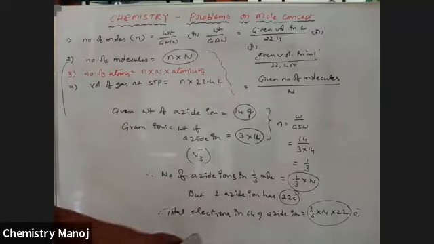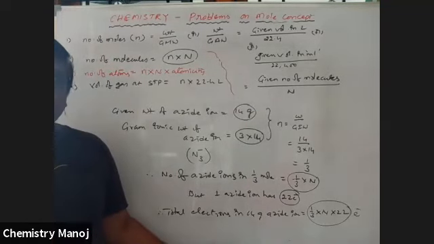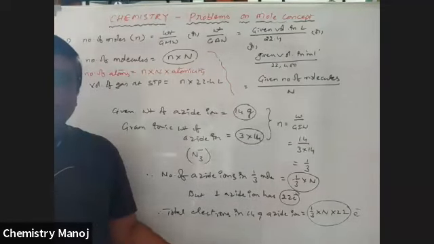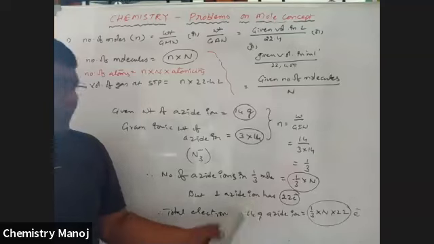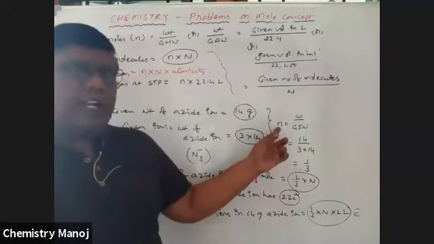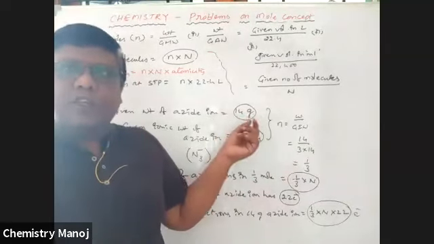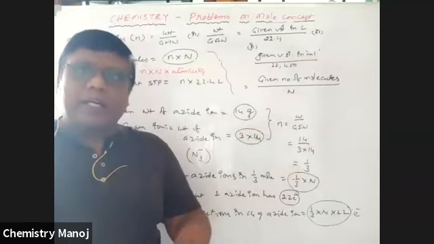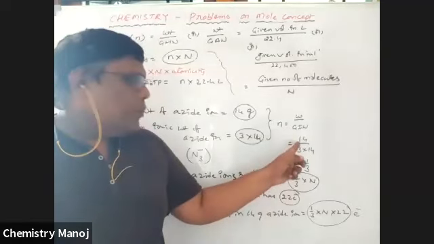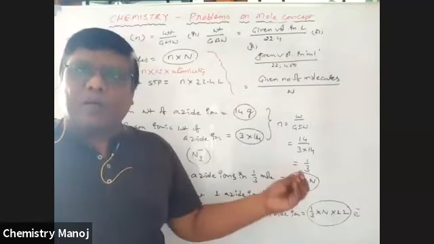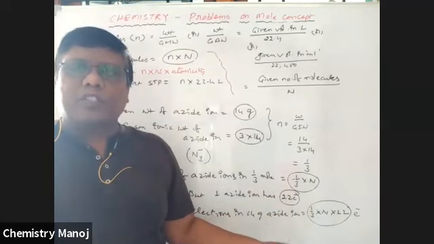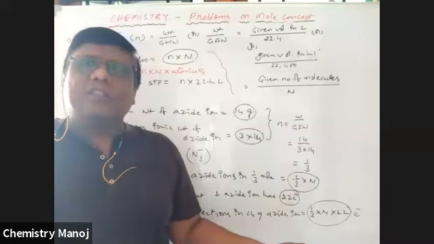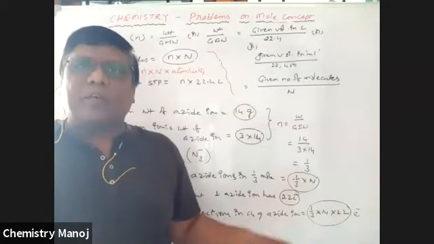Now, is this clear? So I'm going to give one formula for this. Why is N taken? Because we know 1 mole contains Avogadro number of particles. In 14 grams, how many moles are there? So first of all find out the number of moles. Once we know the number of moles, after that I am going to count the number of ions. Once we know the number of ions, I am going to calculate the number of electrons in each one.